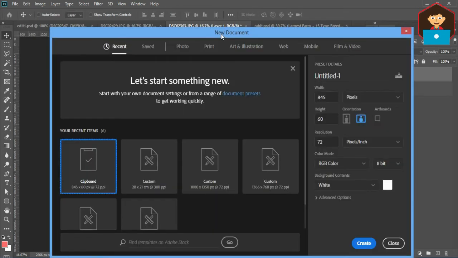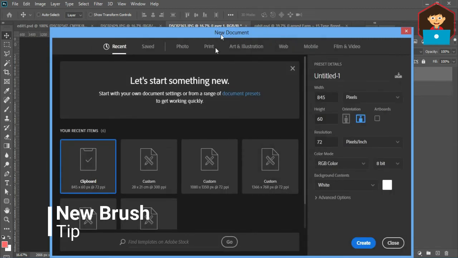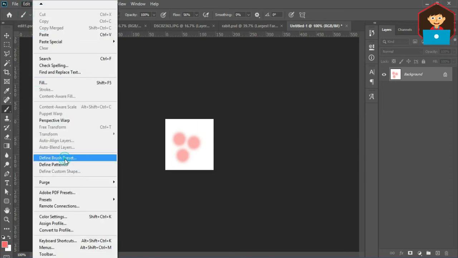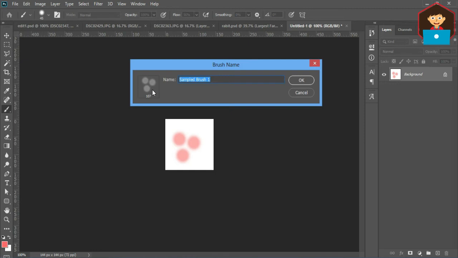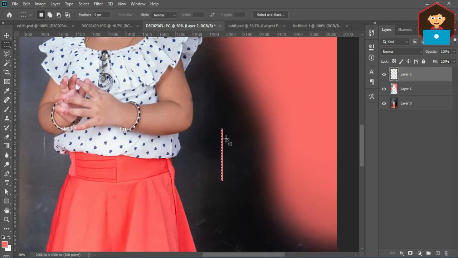So with that, how to create a new brush within the document? Usually how to do that, we create a new document and set a small document size, then create. Whatever you do here, go to Edit, define brush preset. We can save our design as a brush, but what I suggest, within the document we can create a new brush. Create a new layer. I design something. Alright, this is the design I want as a brush.